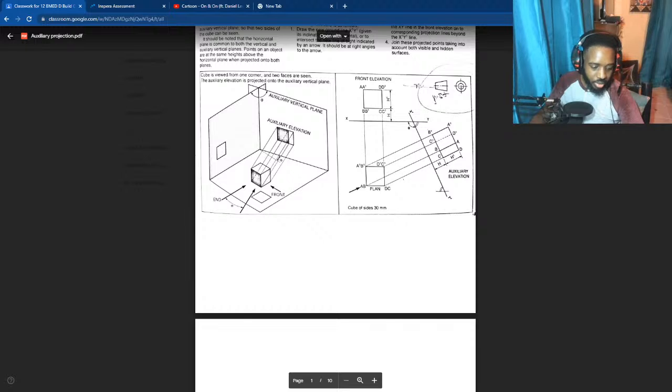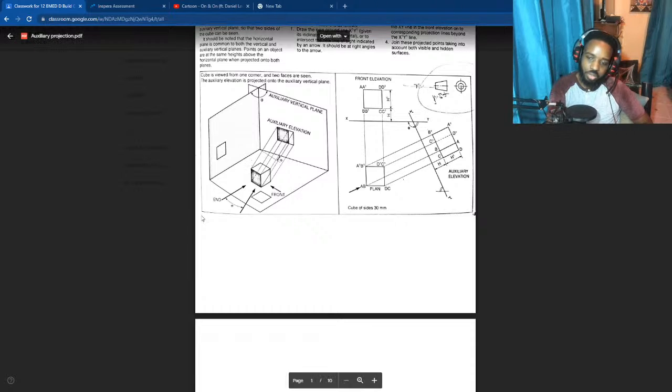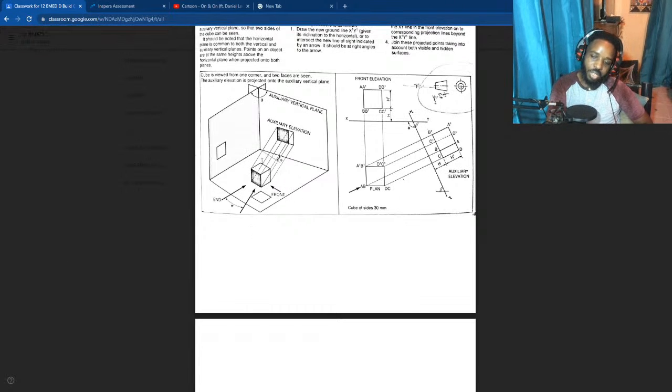Auxiliary basically looks at, for example, in orthographic, if I'm drawing this figure here, you know that it's a cube. So for a cube, the plan view at the top would look like a square, and the front view would also look like a square. And if I'm looking directly from the side, it would also look like a square.